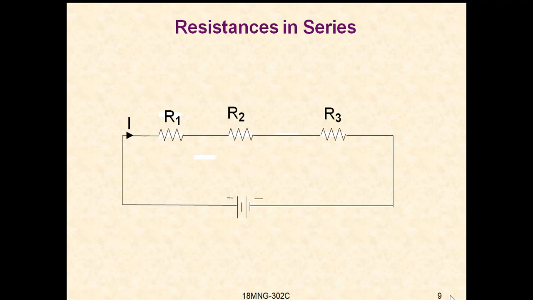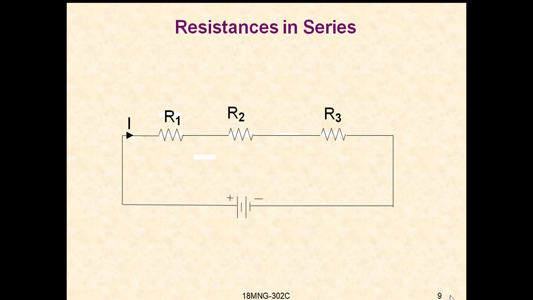Then all the three resistances, that is R1, R2 and R3, are said to be connected in series,